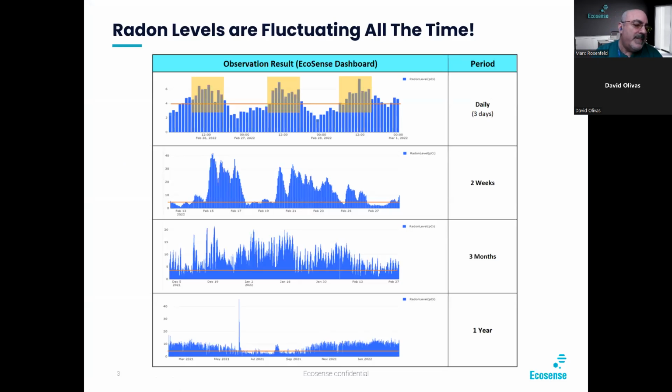So here's what I was talking about. Over the last 18 months now, since we released our award-winning EcoQube monitor, we have over 6,000 of these EcoQubes out in the field, and from those, because we have the server, we have over 12 million data points that we've collected. And we've done a lot of research on this and put together some charts to show you. And as you can see, radon levels are fluctuating constantly on a daily basis. If you see here, this is the evening. In the evening time, levels go way up. So there's a constant up and down. The red line here is the 4.0 level for